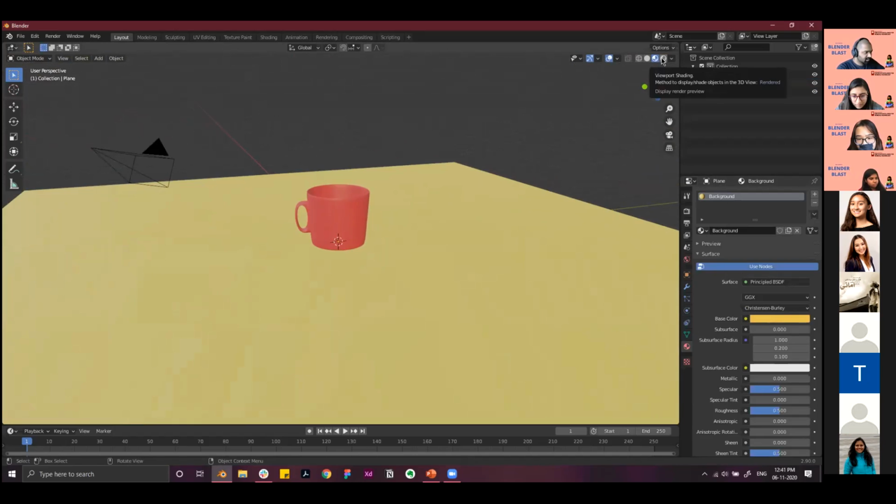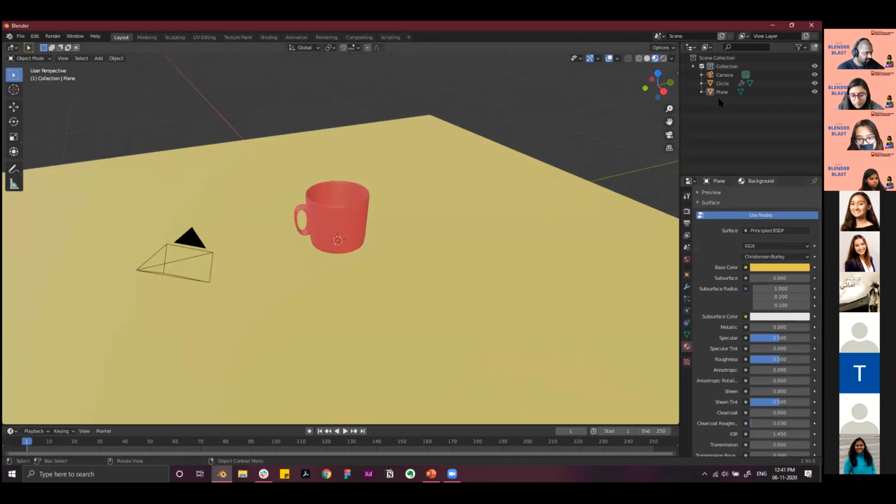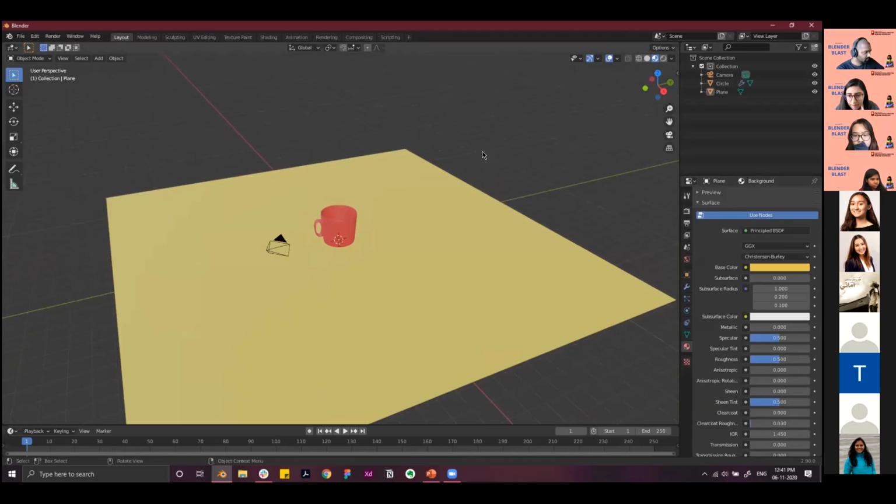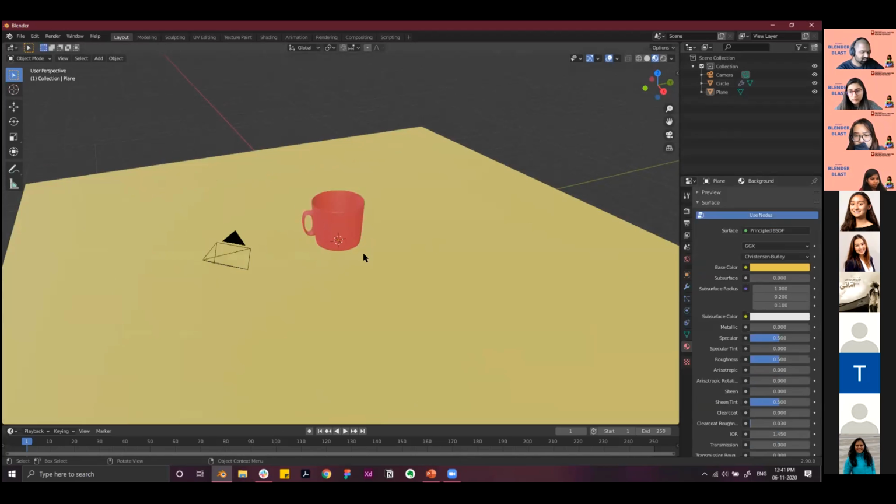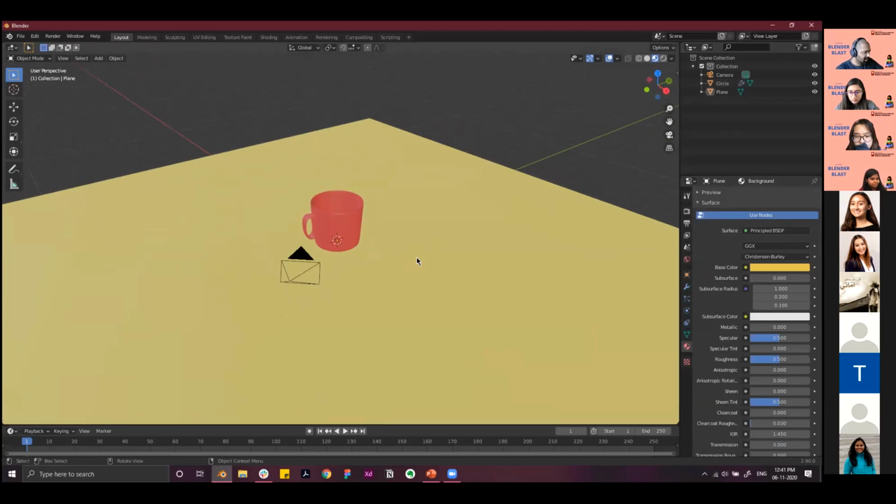So the next mode that we have here is viewport shading with lights and how it'll render. But before that, we need to have these two things ready. Nish, you should add the plane in the object mode, not in the edit mode. So it should be present as a different object in the scene collection. So just make sure you have that ready.